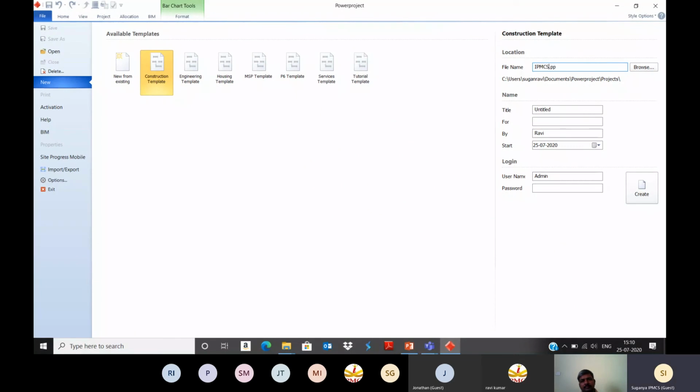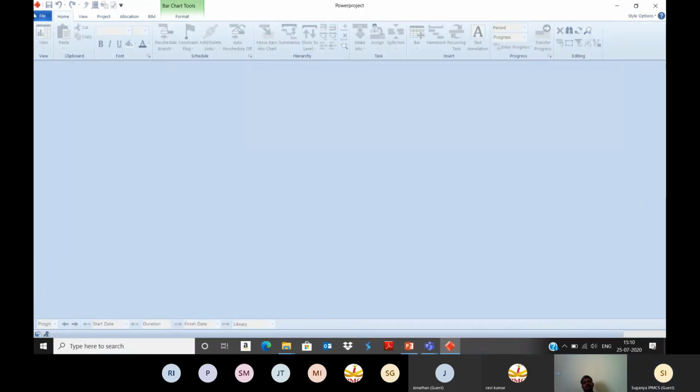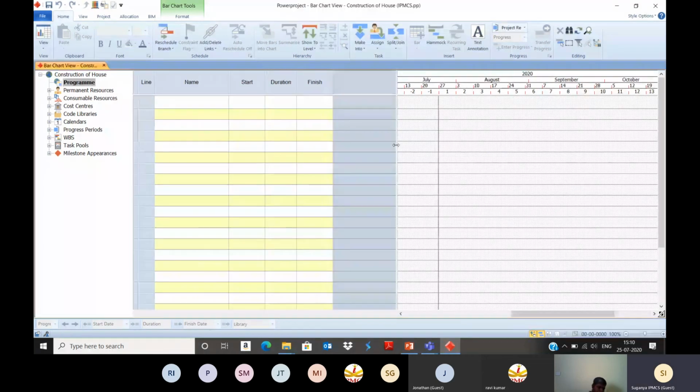I'm giving the project name as construction of house, then create it. So once you create it, the new project has been opened. Now you can define the activities. So I'm defining the activities: